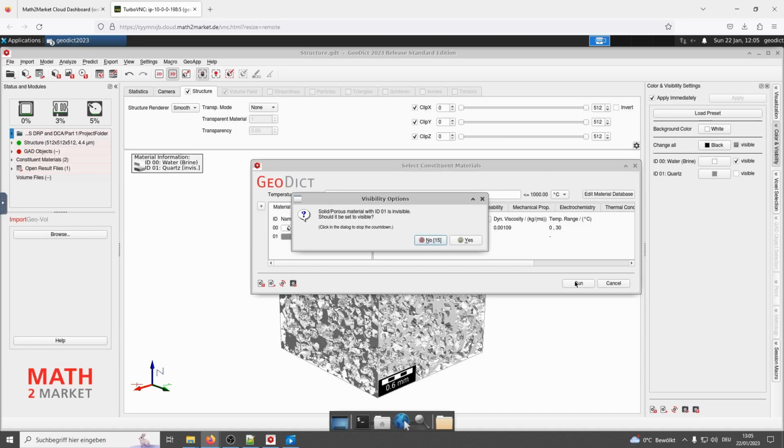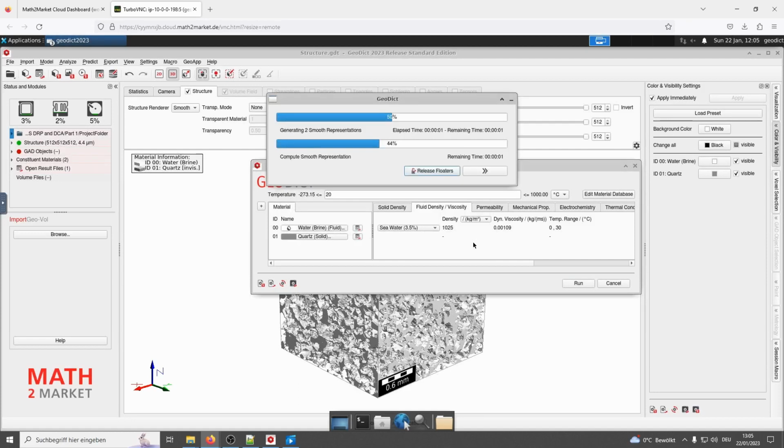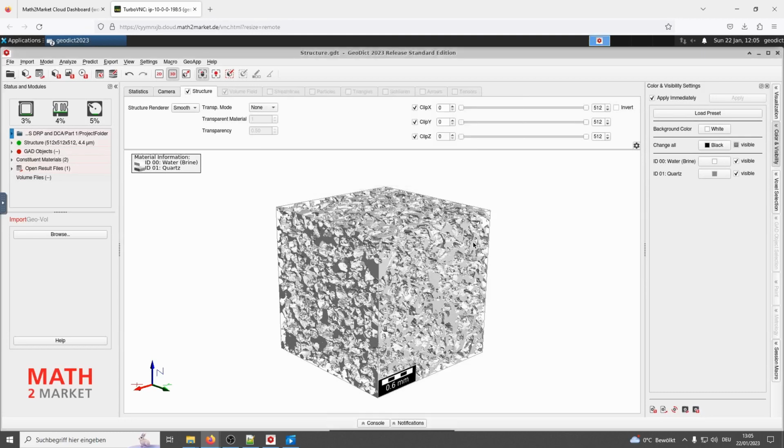GeoDict asks if the quartz should be visible. You may accept Yes and uncheck Pores Visible to see the structure again.